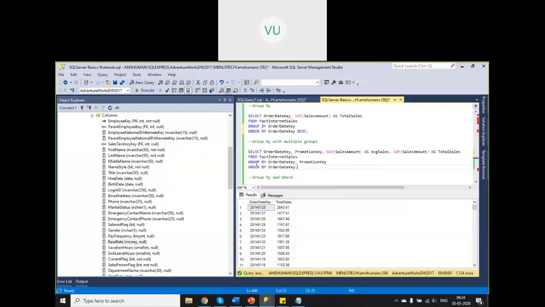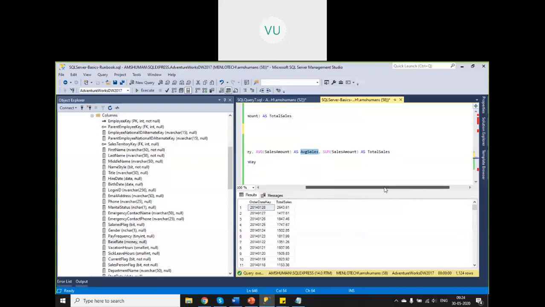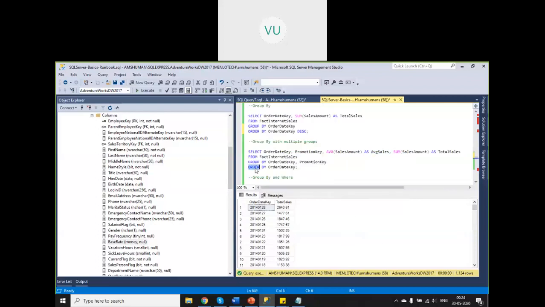So that's what we are doing here. First we are grouping by this column, then within that group we are creating subgroups based on this column, and now we are saying select the values which are part of your group by clause, and then for the other columns we are applying some aggregate functions, average or sum or whatever it is, right? And we are putting some column aliases for our convenience. Okay, and then order by at the last. Within these groups and subgroups, you are ordering by some other column, right?